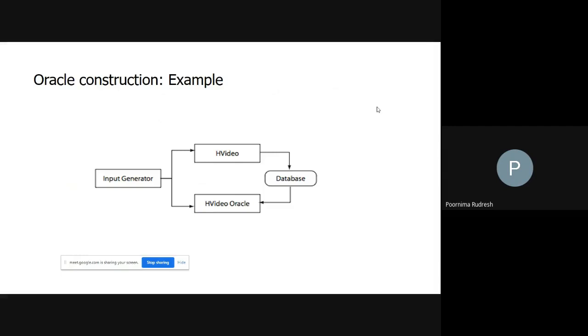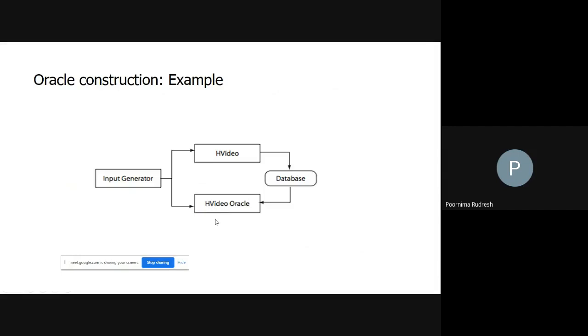Whenever the user wants to check or view the videos, he can type that particular video. If that video is already available in the database, then it displays the related information about that video. If not, it displays the error message, no such videos. So here the HVideo oracle is acting as the machine oracle or the oracle program.